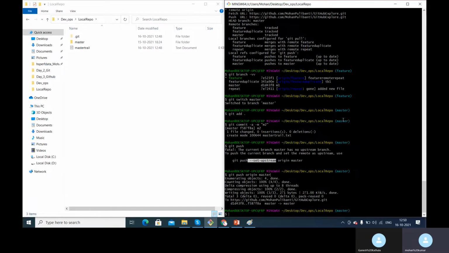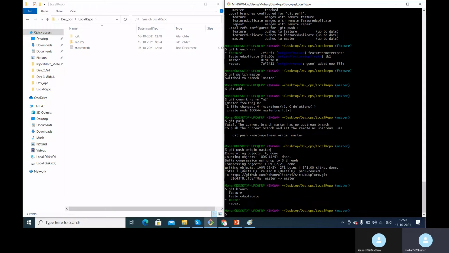Once we create this upstream, using a command I'll tell you about, you don't really need to bother about everything you are doing right now, like creating local tracking branches on your own and doing the fetch and all this stuff. So let me quickly create a new branch again. On the fly, if you use it, it will create an upstream. Once the upstream is created, by default everything will be packed up. It is as simple as that.